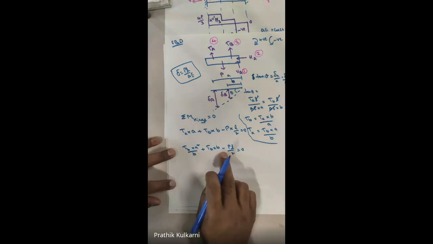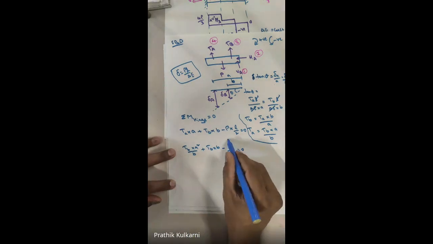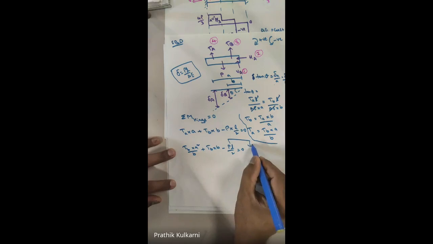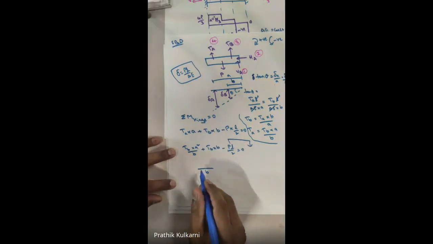ये LCM ले लो आप. Take an LCM of all the three. Fine. PL by 2 there. ये PL by 2 वहां पे भेज दो. तो ये LCM हमारे को आ गया B, है ना? तो इसको मल्टीप्लाई कर दो आप. तो ये क्या हो जाएगा?